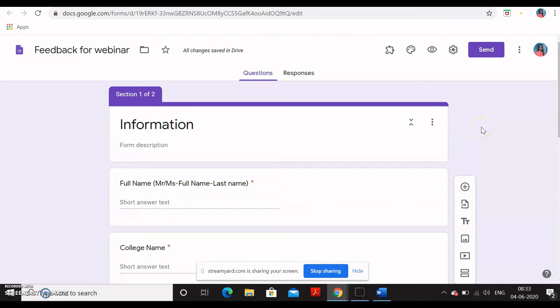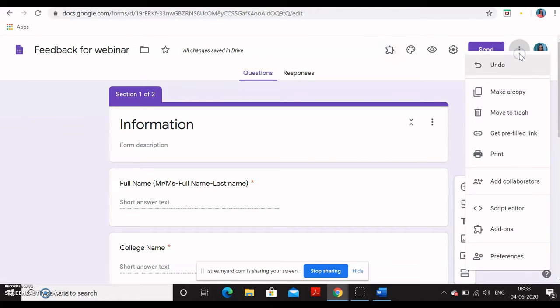Now how to connect this with the certificate that we are going to see. For that, first of all, you should have this add-on button on the right top corner. If you don't see this add-on button, most of the time you will have only the settings button on the right hand side. But if you don't have this, you can get it by clicking on these three dots. When you click on this, you can see there is an add-on option. When you add this, the add-on button will come over here.